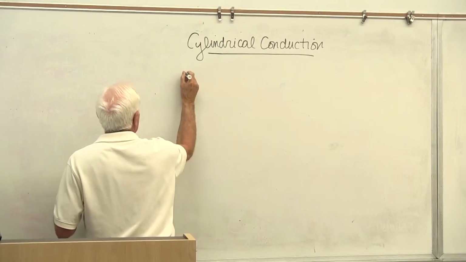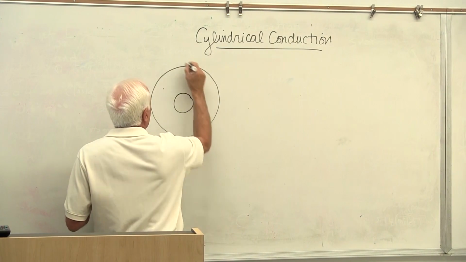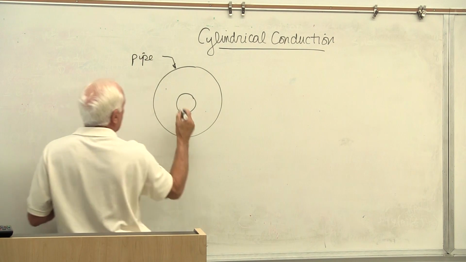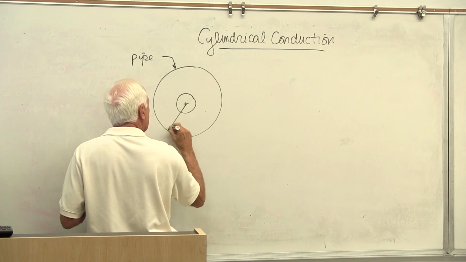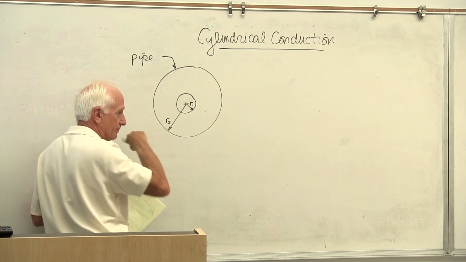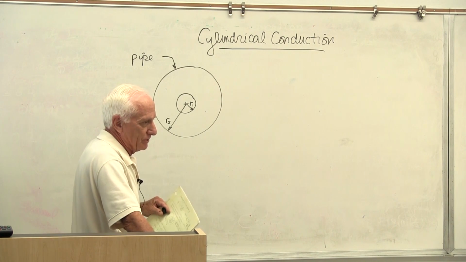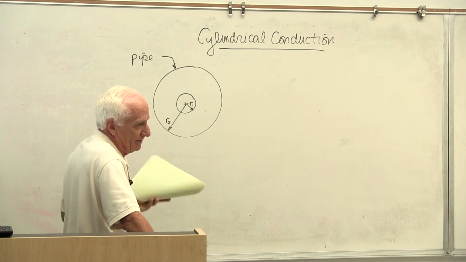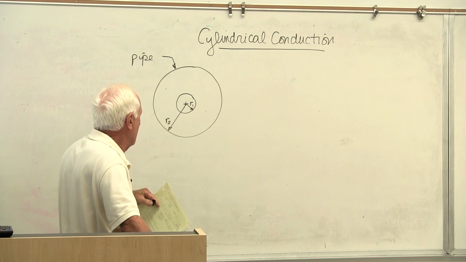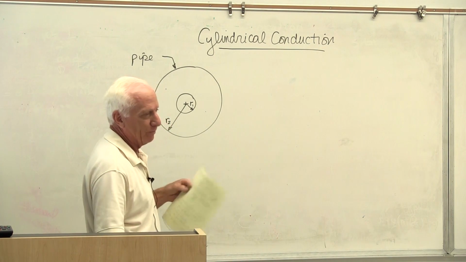Okay, I'm just going to show you, this is a typical pipe. The outside radius can be R2. The inside radius can be R1. I'm assuming heat's conducted from the inner surface at R1 to the outer surface at R2, so just for argument's sake, heat's going from the hot inside to the cold outside. To find out about the temperature distribution in a pipe like that, this could be, for instance, a steel pipe,